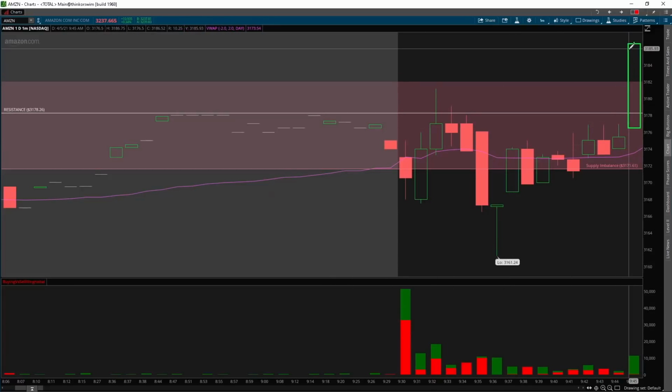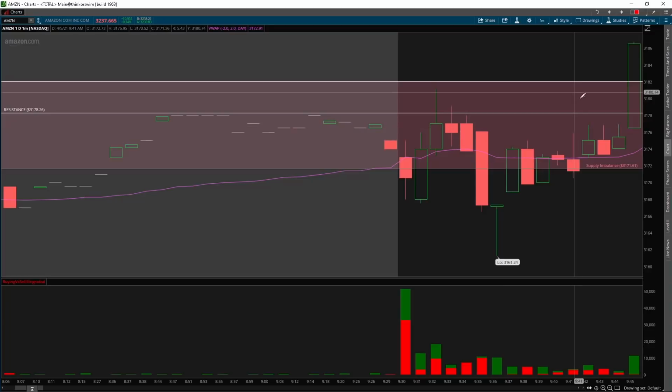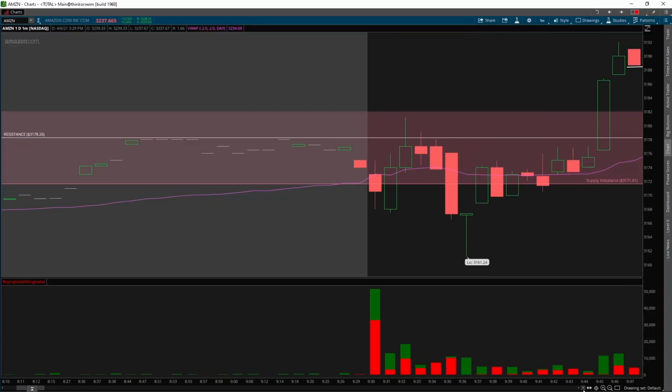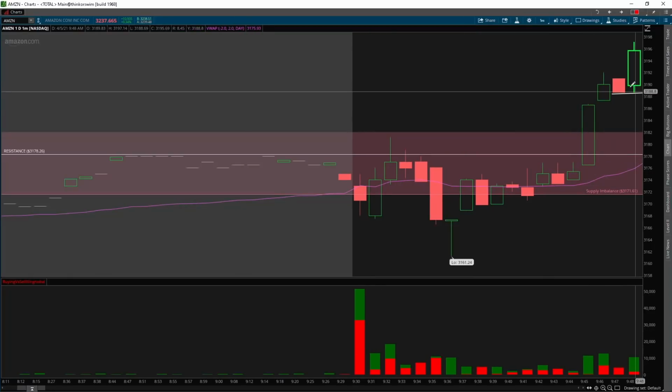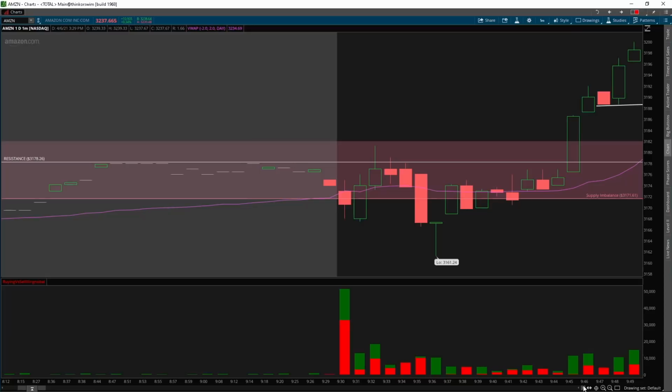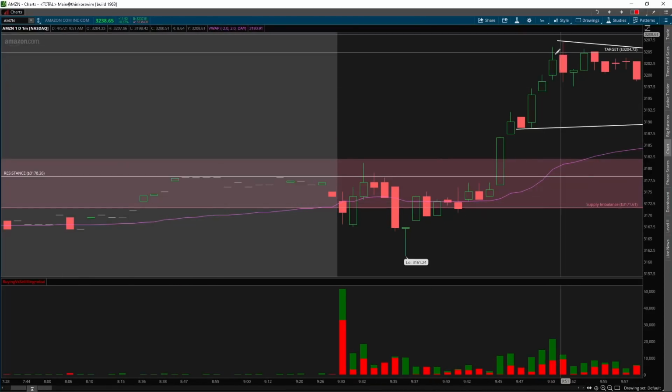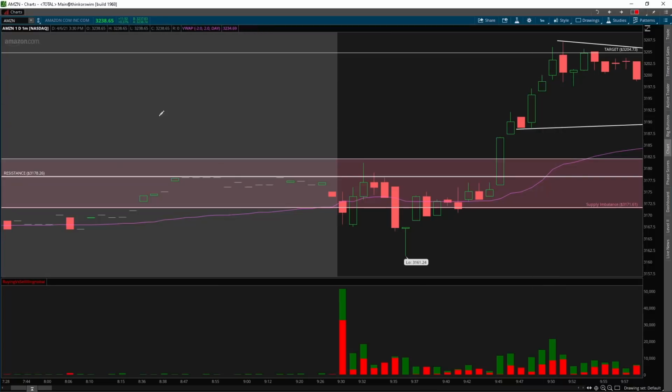Rallied to 3186 above supply, above resistance, and then the next candle opened up, rallied again. I did not take it long until 948. I played the 3200 calls. Once I saw price consolidate a little bit and we started moving up again with the volume convincing, I took it long, got long around 31 bucks, 32 bucks, and then I sold my full position right at this target, 3204, right from the pre-market plan.